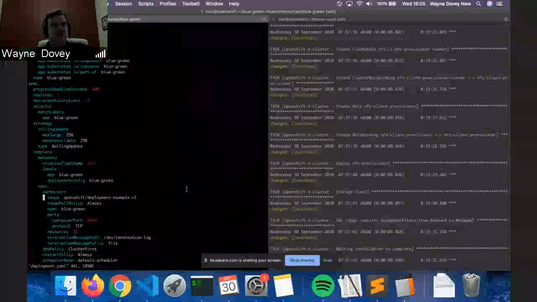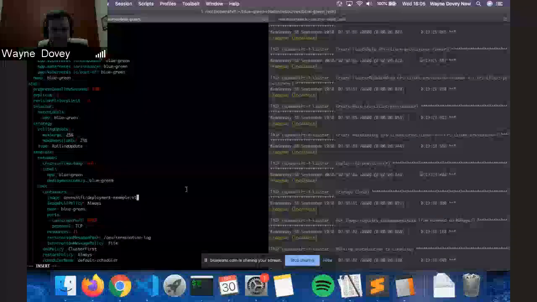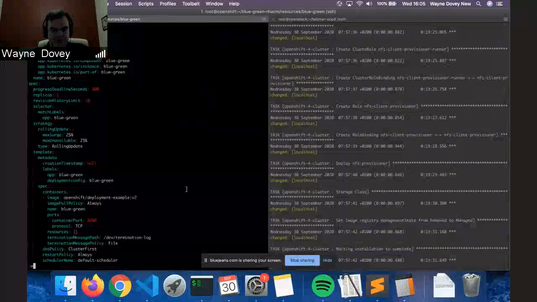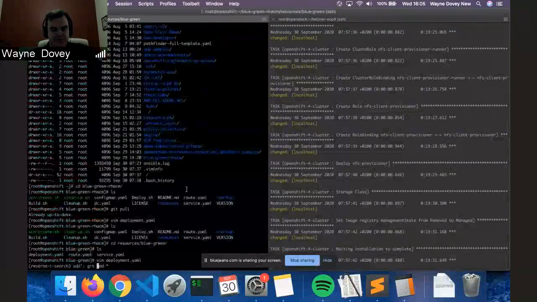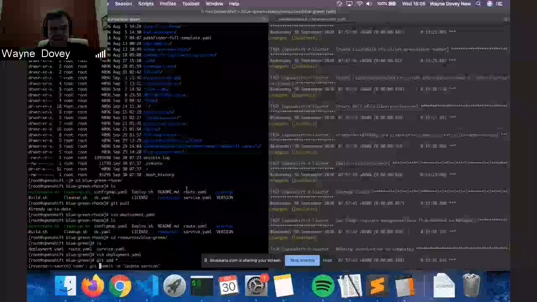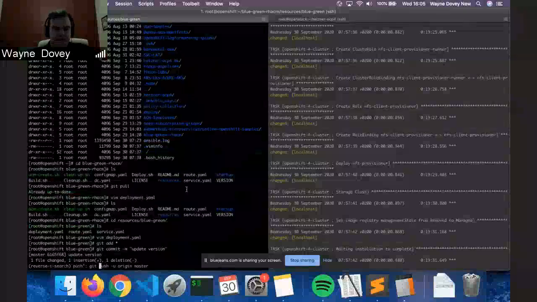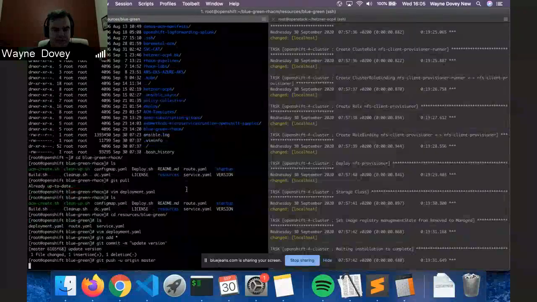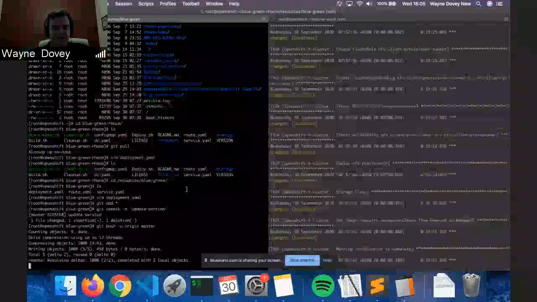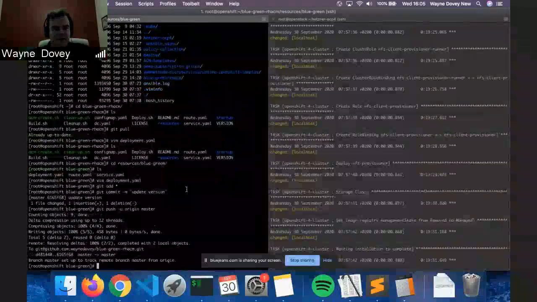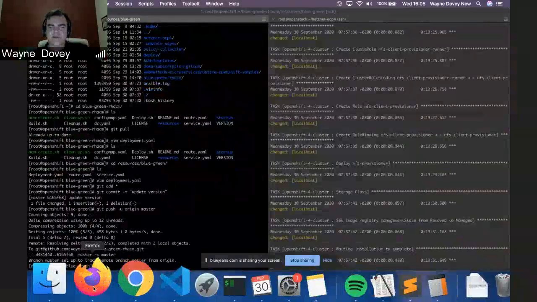So this is a well-known artifact. That's the deployment artifact that I think you've all seen before. And I'm going to update this to version 2. So a simple operation just to illustrate how we can do continuous deployment, potentially a blue-green setup, and how that works within ACM.